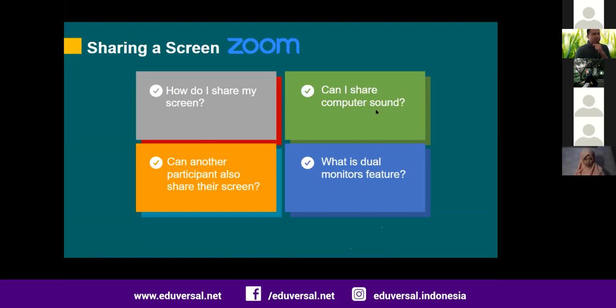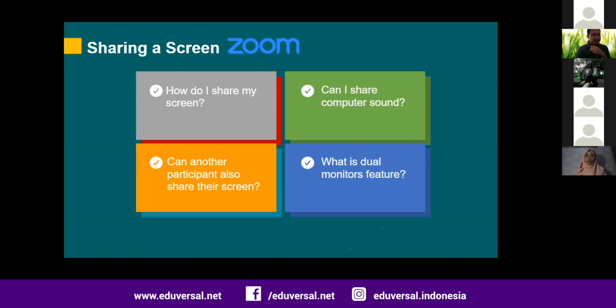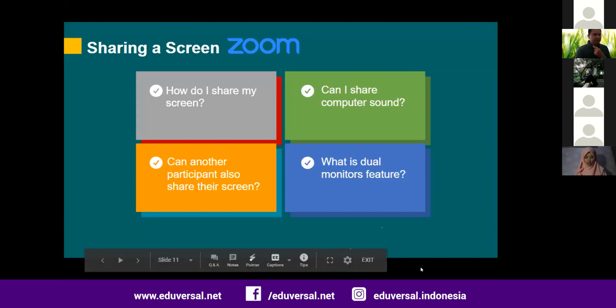And for may I share the computer sound? Yes, the answer is yes. When you are sharing something, for example, there is an option to share computer sound as well. Maybe you want to show the students some quick video, and the video also includes the voice, so you can share computer sound.